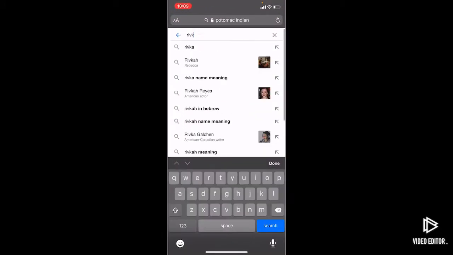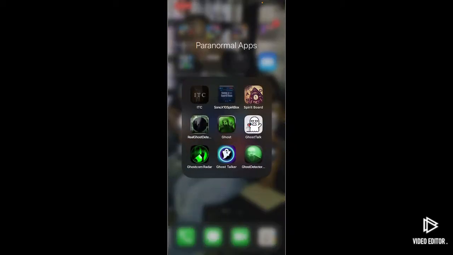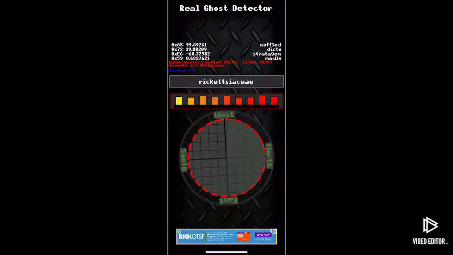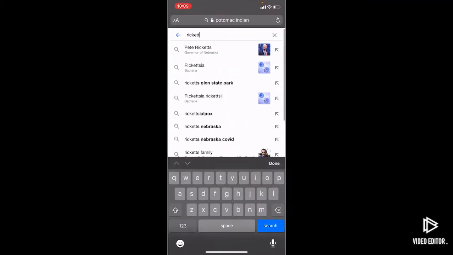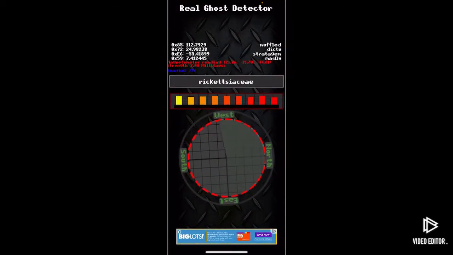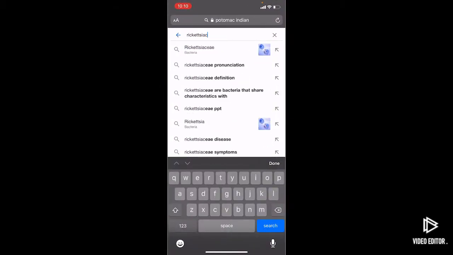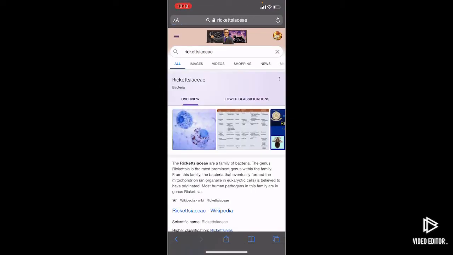Oh, I spelled that completely wrong. Rickets. IAC. Oh, okay, so it's a type of bacteria